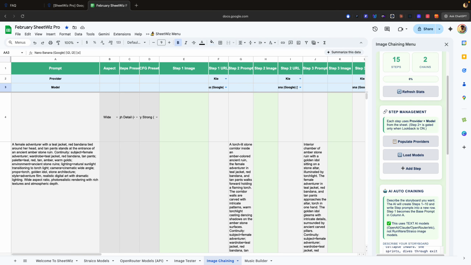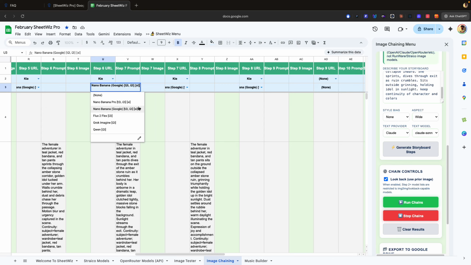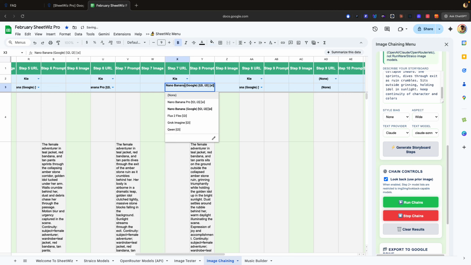All right, family, I just want you to see that the current status is complete, and we actually did the same images twice. One was actually 8 steps, and we used Key for each one of them. We used Key twice. Same storyboard, different prompt, but it really captured our female adventurer in the same scenario, just she looks a little bit different. I do want to blow these up so I can show you them individually